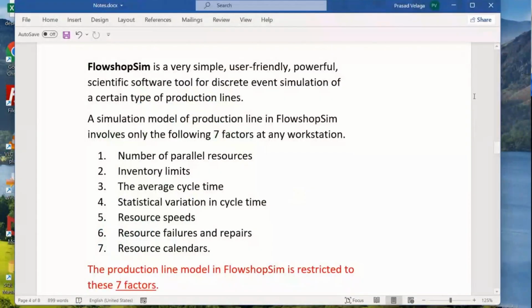So I'll talk about the Monte Carlo simulation with the help of FlowshopSim, which is my simulation tool. I use this one in this session. FlowshopSim is a very simple, user-friendly, and powerful and scientific software tool for a discrete event simulation of certain type